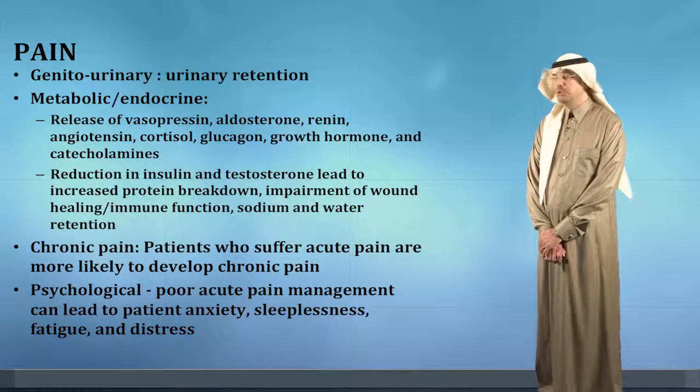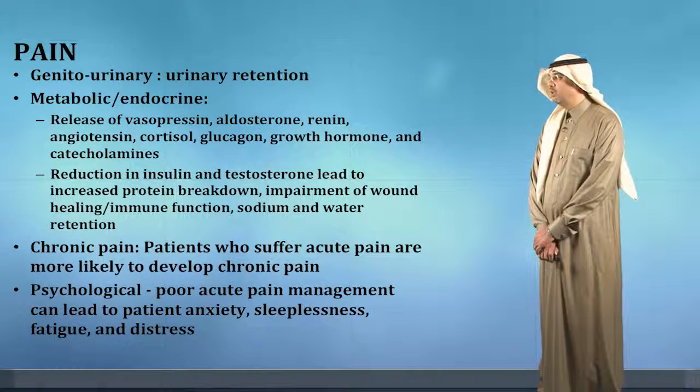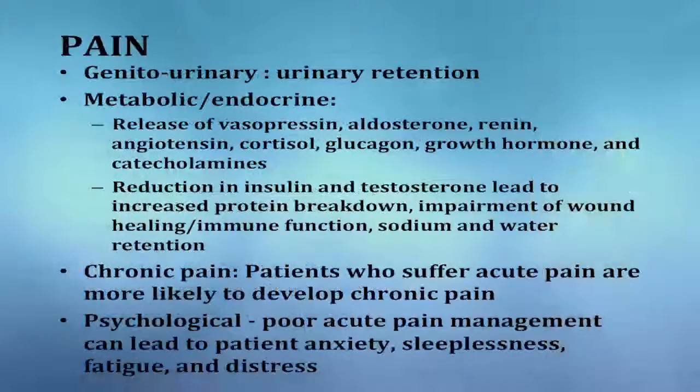Pain also can lead to urinary retention, which might affect the genitourinary tract, and it might also lead to metabolic and endocrine disturbances. This can be observed by the release of vasopressin, aldosterone, renin, angiotensin, cortisol, glucagon, growth hormone, and catecholamines. The pain will also lead to a reduction in insulin and testosterone, which might lead to an increased breakdown of protein, which might impair the immune system and delay wound healing, and lead to sodium and water retention. Chronic pain in the post-operative period can